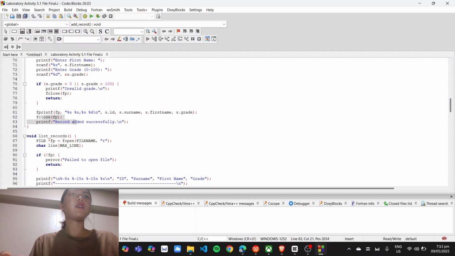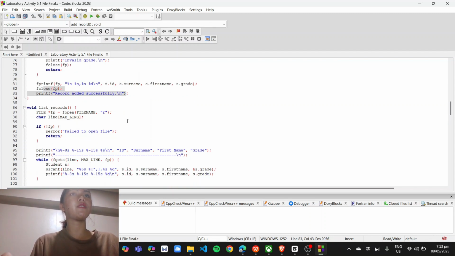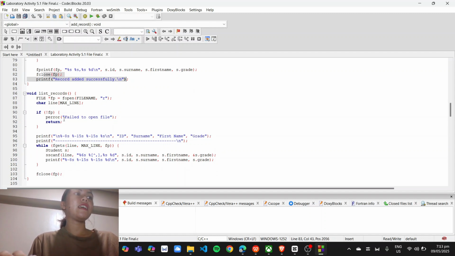After that, it says record added successfully, if the adding of the name and everything is successful. Now, in this next section is